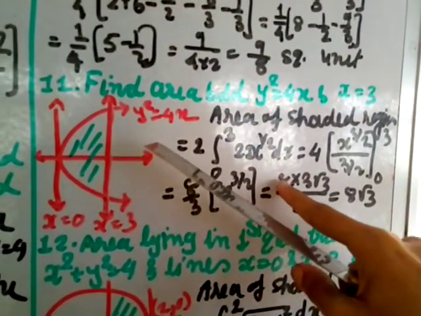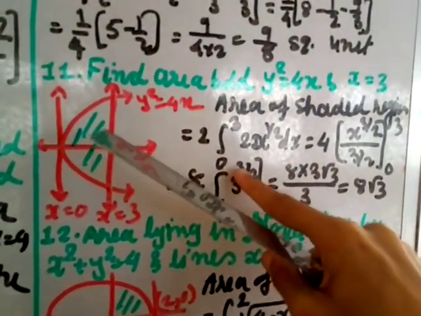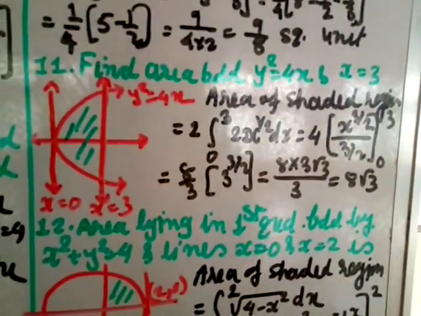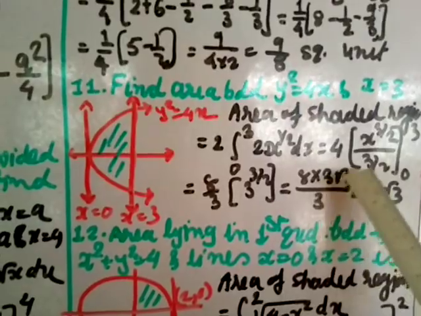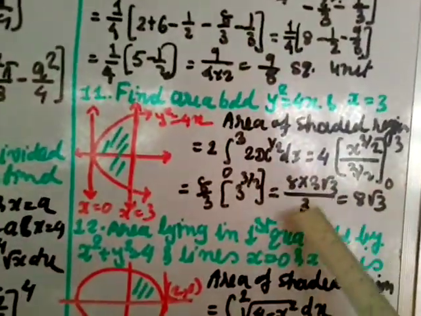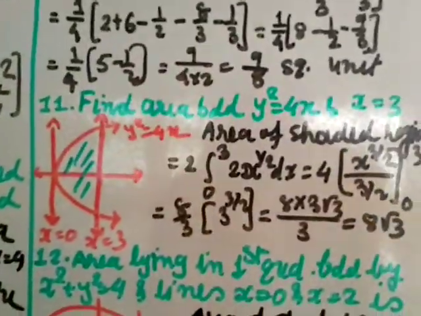So I get 8 by 3 there, but 3 cube you do, that is 27, and you find the square root of 27, it gives you 3 root 3. So that's what I have done. That simple way you can do your way. 3 cuts, so you get 8 root 3. So that is the answer for question number 11.